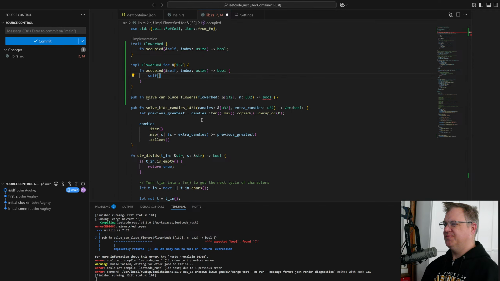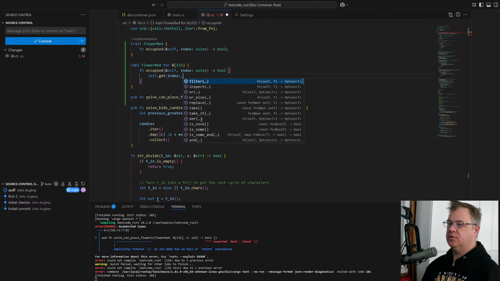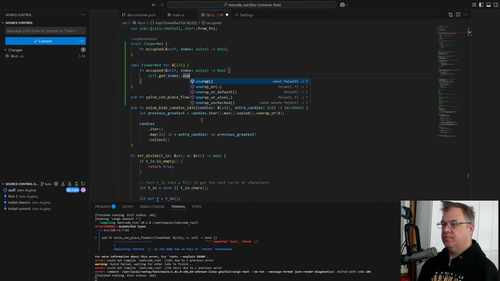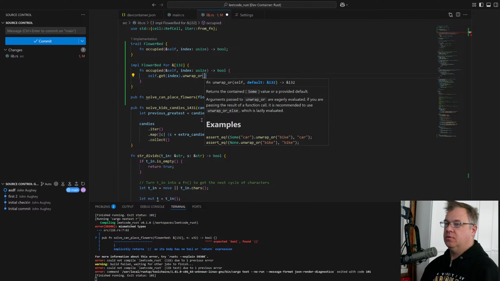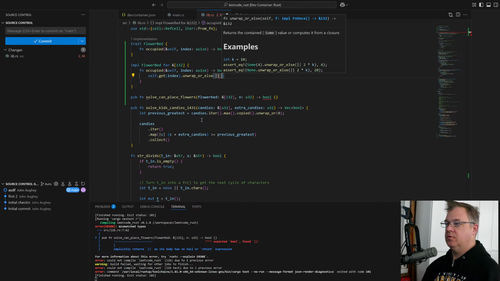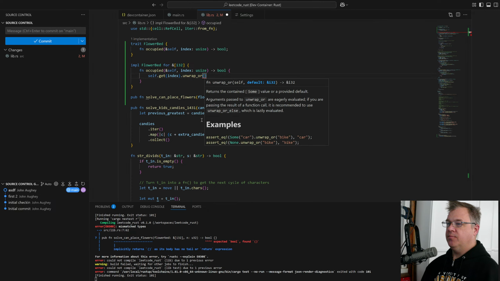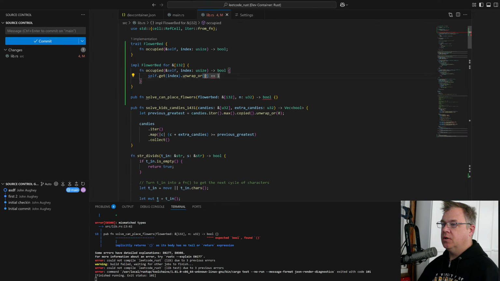Self sub, I always want this, index. Unwrap or, actually we're going to unwrap or let's just do 0, it doesn't matter, equals 1. I think.